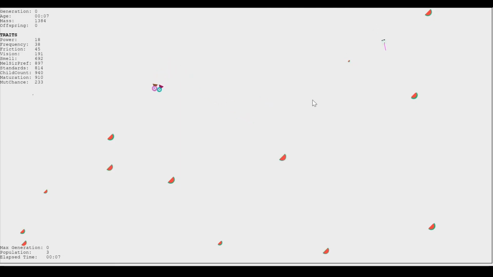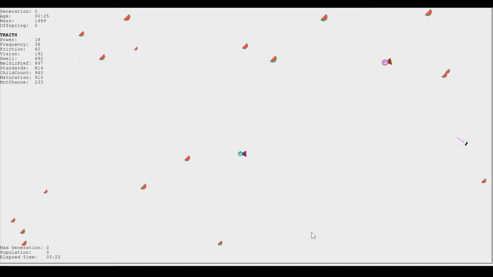And here we go. We can see, here's one, and then here are the other two. This one's not doing very well. It has very low movement traits, so power, frequency, and friction are all very, very low, so it's having a little bit of a hard time moving around. But the other two are doing pretty well. And if we were to watch these guys for long enough,